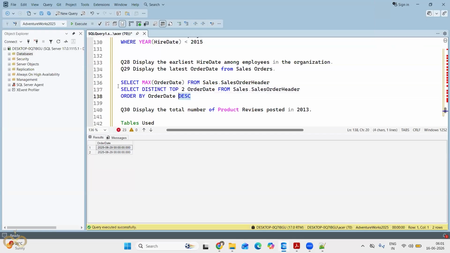But if there are the same dates, you have to use distinct top two. Here the top two are different orders and both have the same date. If you use top two distinct, you will get two different dates. But what if I want only this one in the answer? Then in that case,